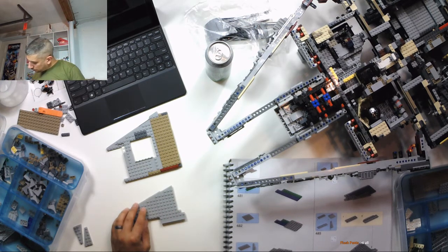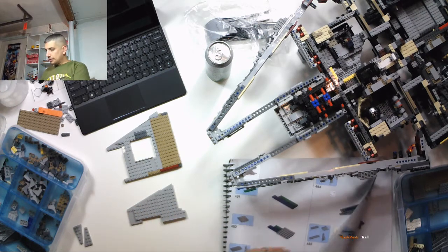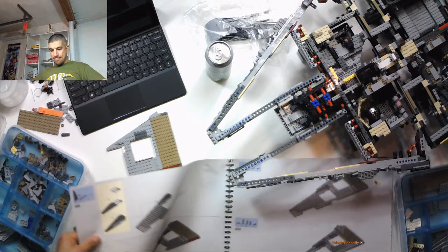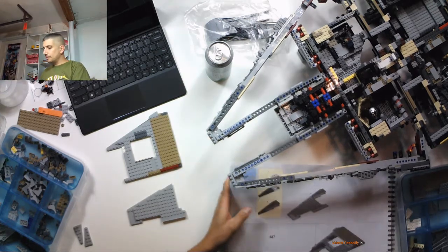1, 2, 3, 4, 5, 6. 1, 2, 3, 4, 5. Okay. Just making sure I did it right. Yeah, so we're building the undercarriage right now for the tips of the...